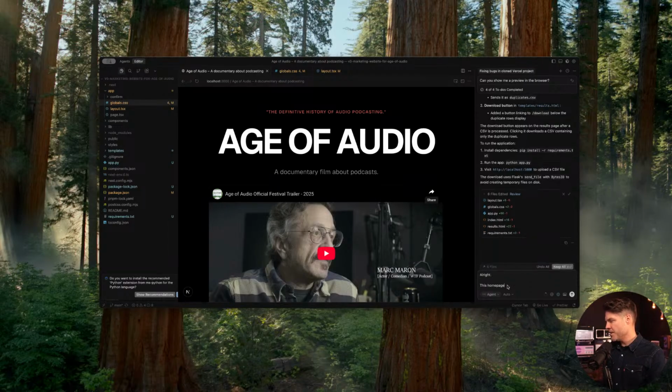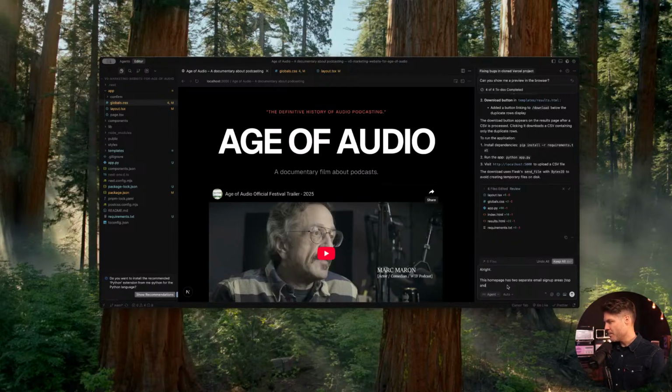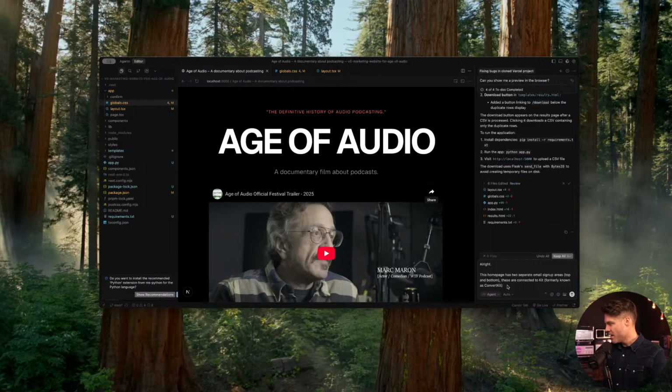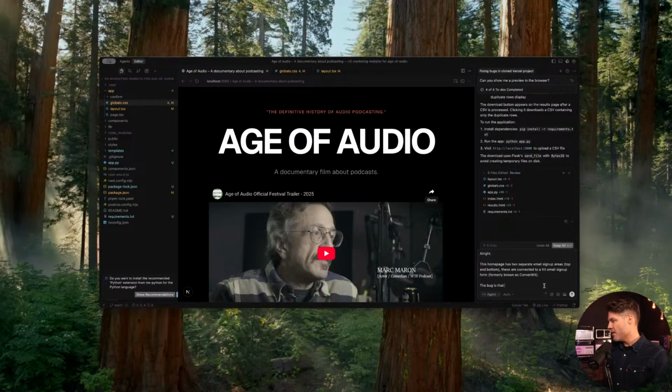This homepage has two separate email sign up areas, top and bottom. These are connected to Kit, formerly known as ConvertKit. Email sign up form. The bug is that once